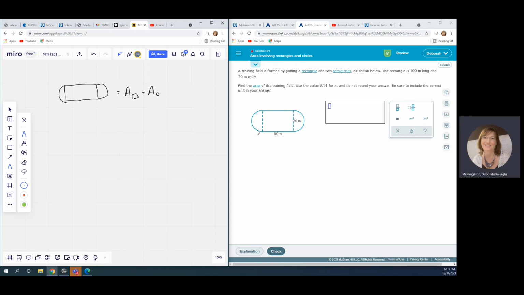So I have a whole rectangle here, and then I have half a circle plus half a circle, which gives me a whole circle. And then the area of the rectangle is length times width. And then the area of the circle is pi r squared, but they always give you the diameter here. So we really want to use pi times the diameter divided by 2 squared,